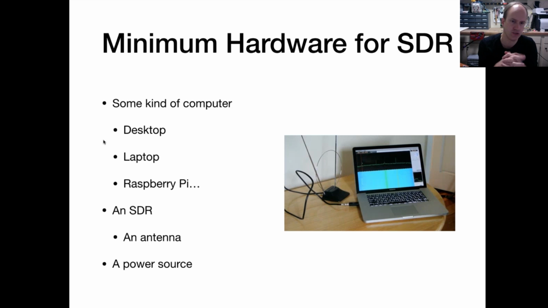So just in general, if you want to build an SDR system, you need some kind of computer and you need some kind of SDR hardware, and that's about it. Now, that computer can be all sorts of things. It could be a laptop, a desktop, or any other small form factor device that supports the SDR software you're looking at. The Raspberry Pi supports almost everything under the sun, and you'll see that we end up using that here in a minute. But on the SDR side, I can talk, if anyone has questions after, about choosing the SDR to work with,